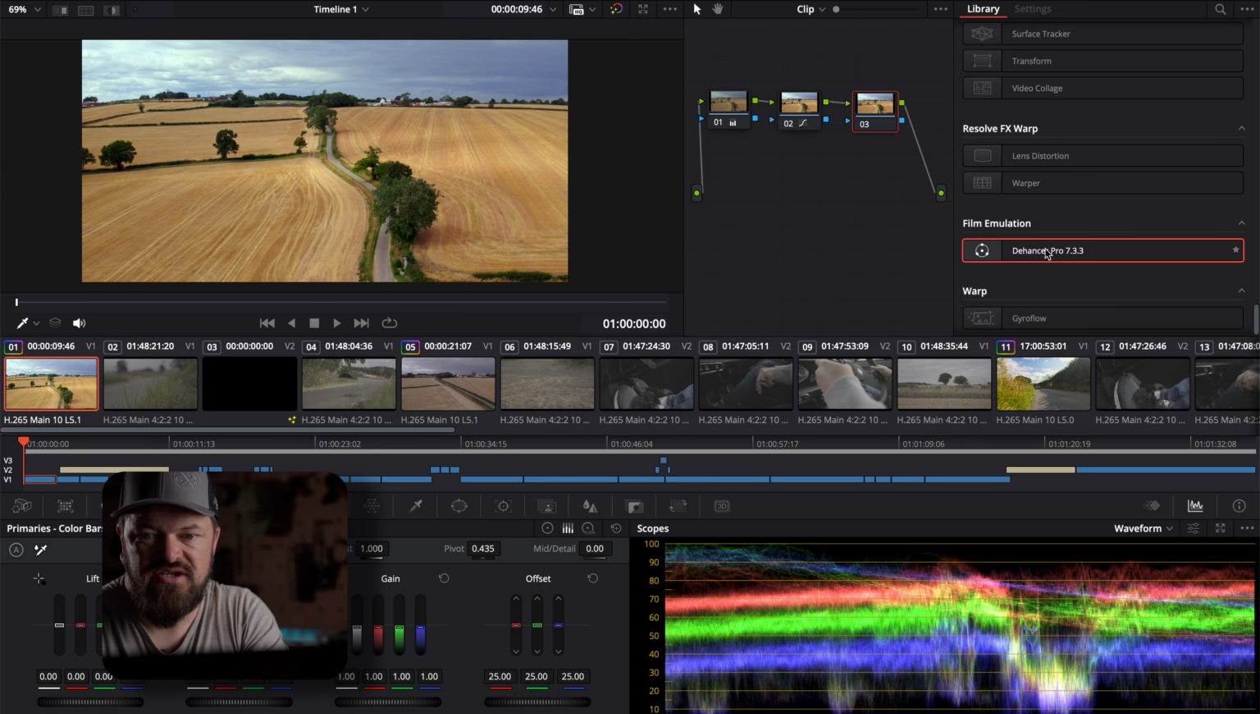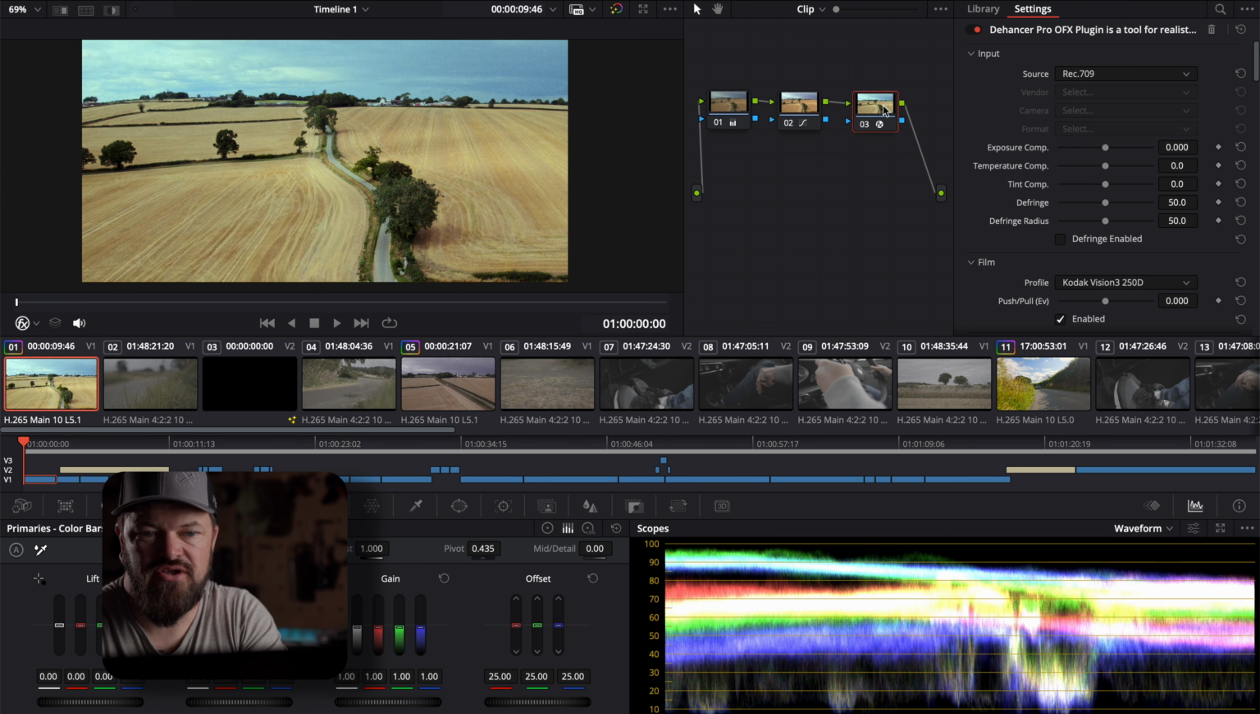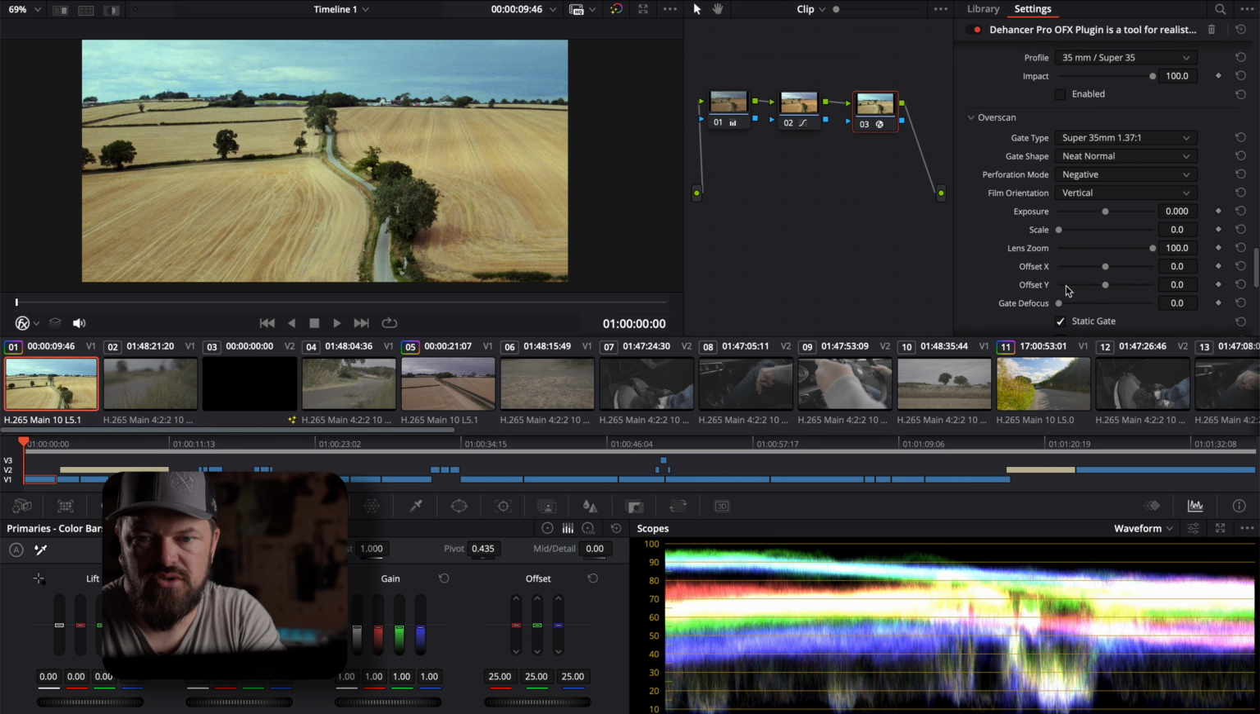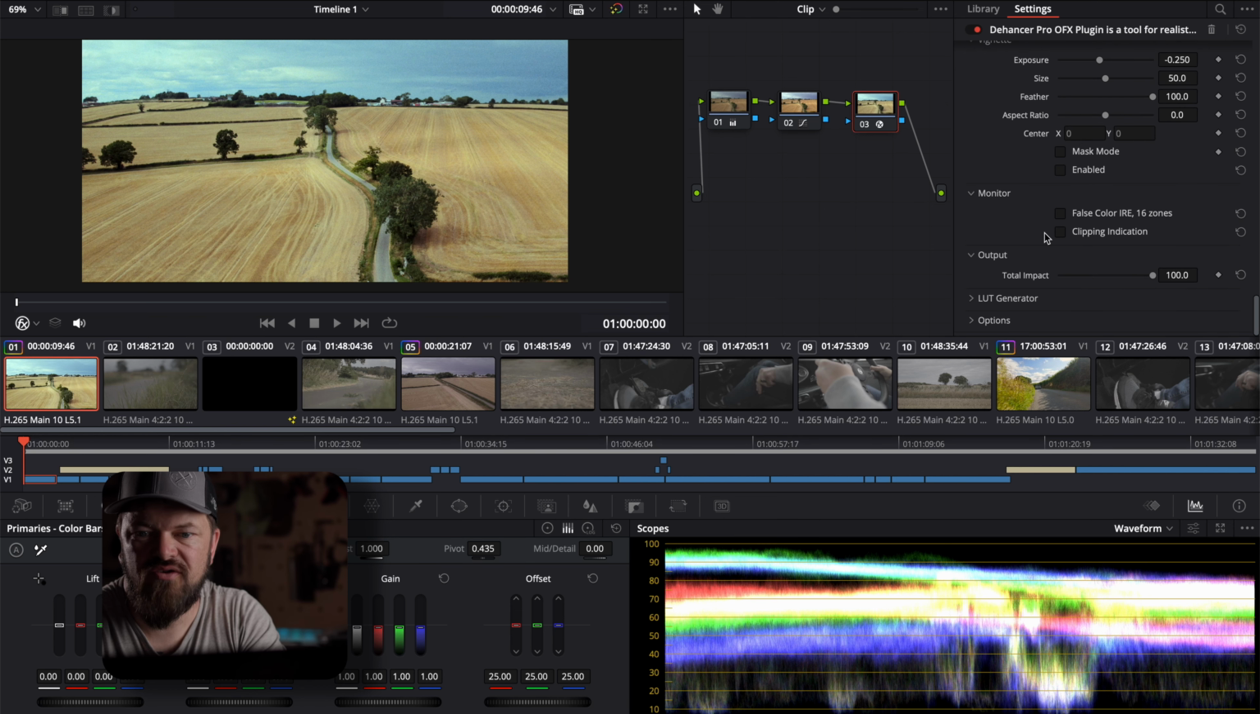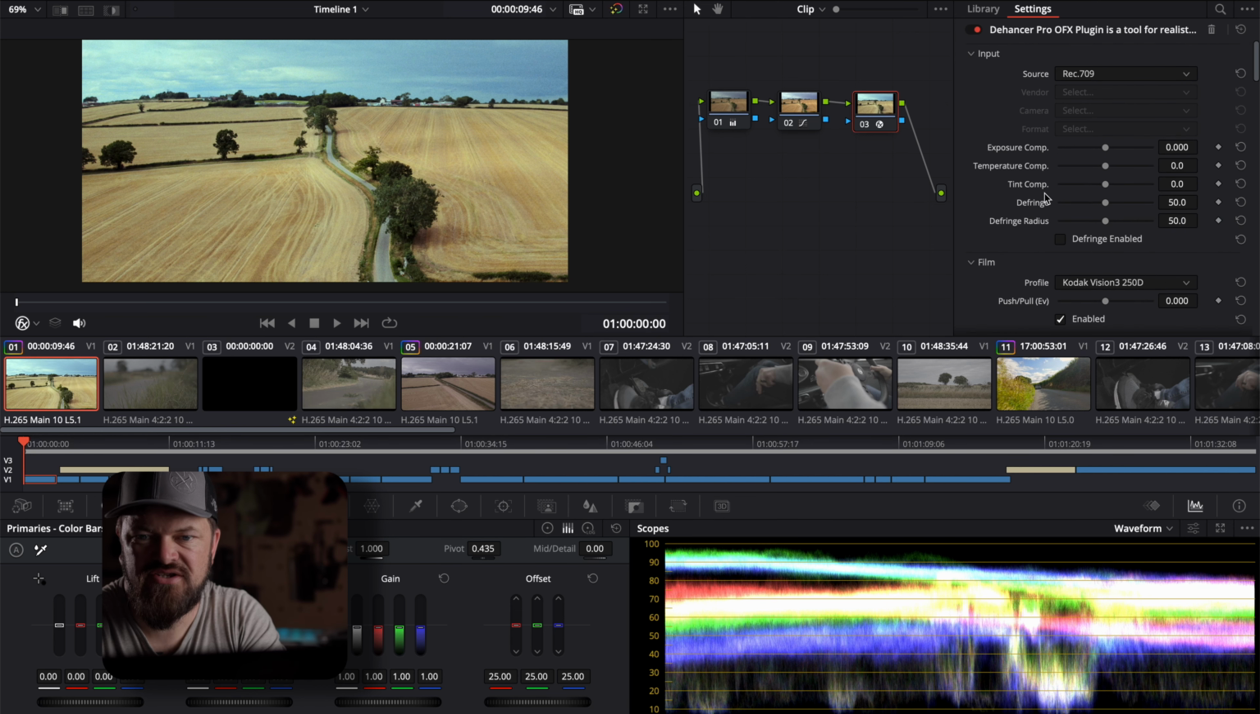Here we're going to put the Dehancer plugin onto the node. As you can see, it's changed straight away because the source is off. So like I said, all of this is workflow chronological, if you want to call it that. That's another reason why I like it so much. So what we're going to do here is